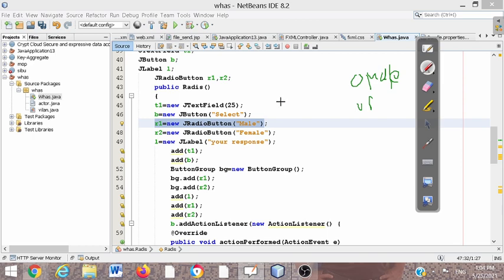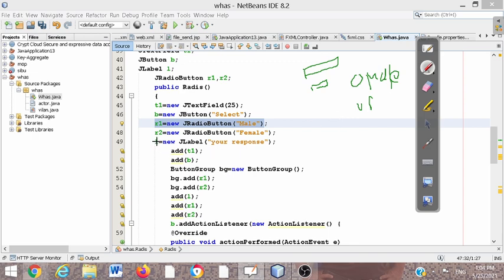So I created one text field and one button on the frame. And what is our intention? If I write some text and click on the radio button male or female, and when we submit this, it will perform: if male is selected, Mr. and the name will be shown, whatever you enter. If you select female, it will be Miss and the female name will be shown. This is the intention of our project.